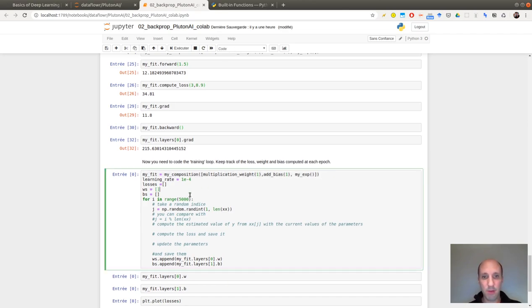So now I will do this on the real data. So the first thing I'm doing is computing the estimated value. So my fit dot forward of xx of g. Then I'm computing the loss.